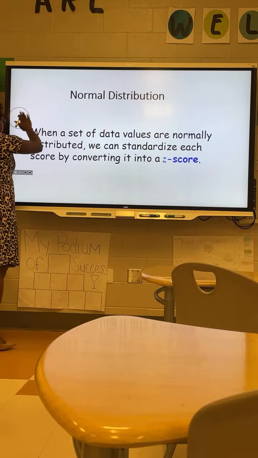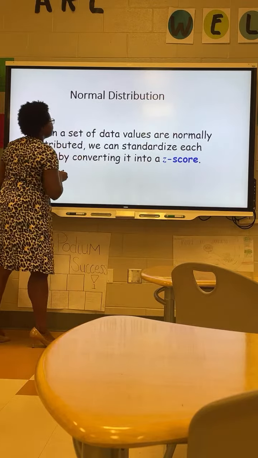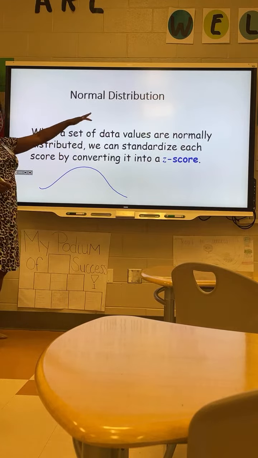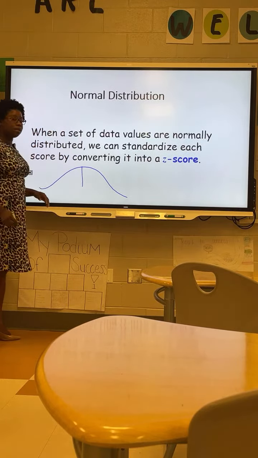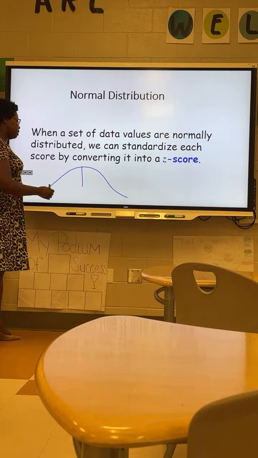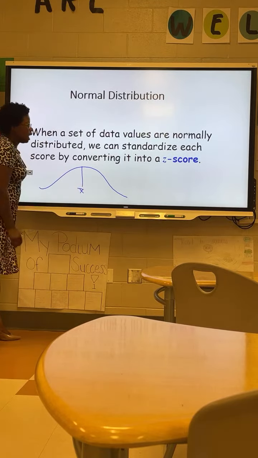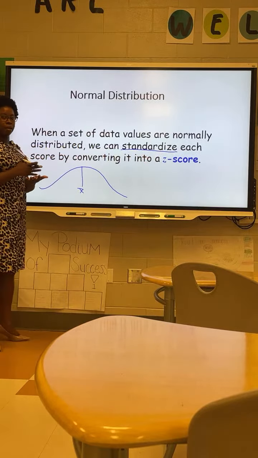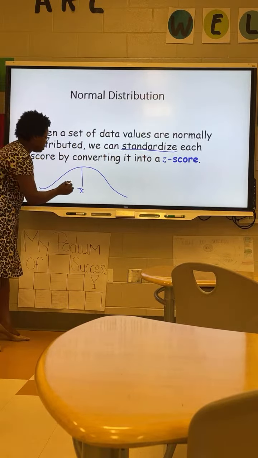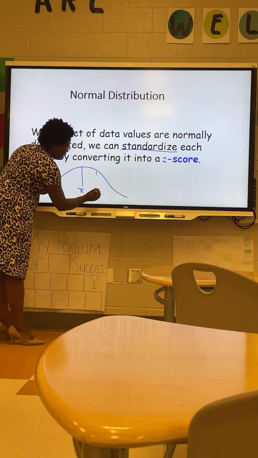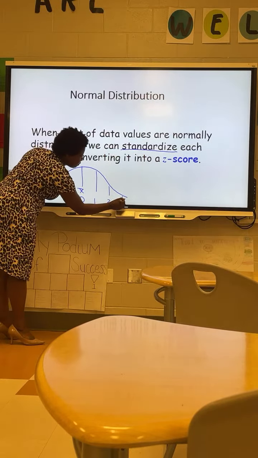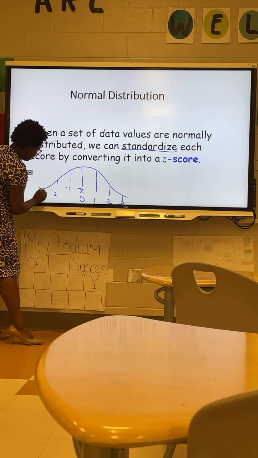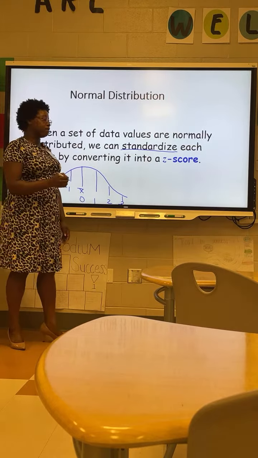When you think about converting your z-score, you first need to know that when it says normal distribution, your data is symmetrical, where you have a bell curve and the center is the mean. Once the data is standardized, we're basically saying everybody is at the same point. So the mean is now 0, and you move 3 standard deviations above the mean and 3 standard deviations below the mean. Alright? And we do this because of the 68,